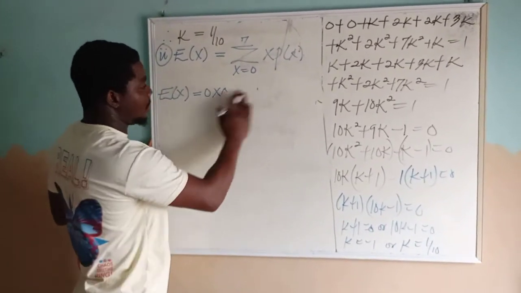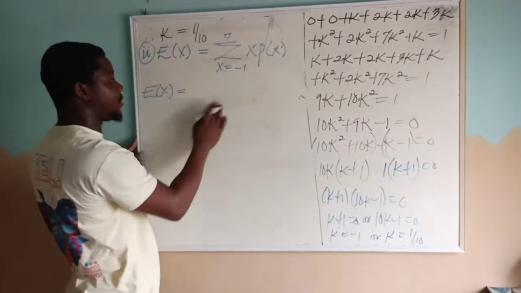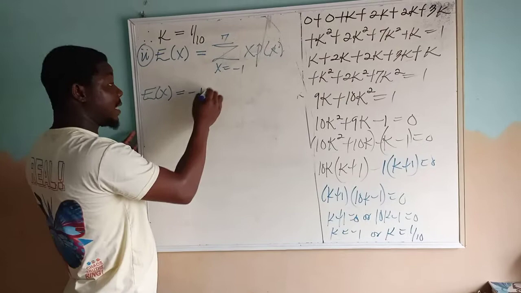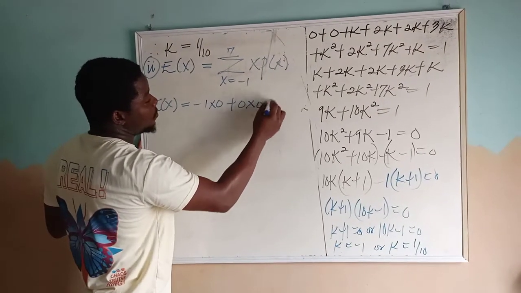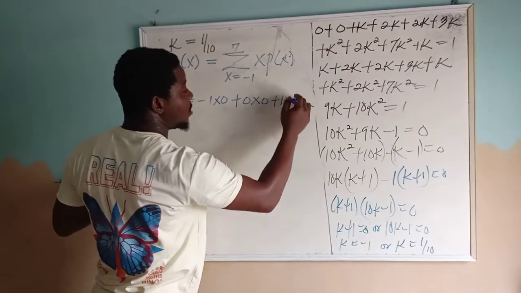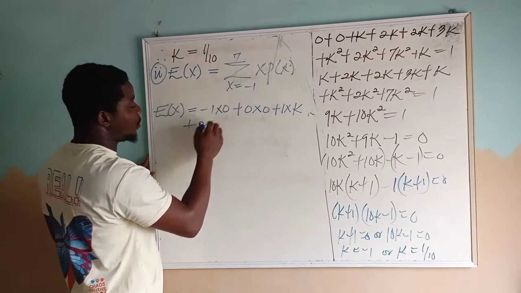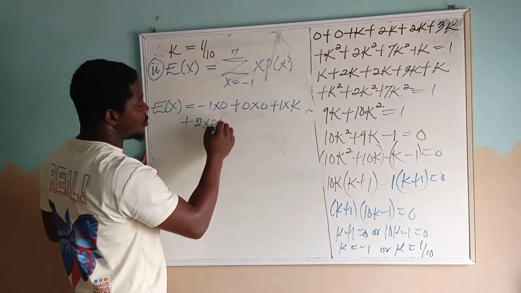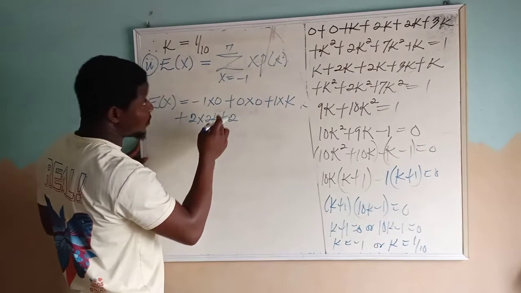Sorry, I think it ranges from negative 1 to 7, rather. So you have negative 1 times 0 plus 0 times 0 plus, after 0 you have 1 times the probability of that, which is k, and then plus 2 times the probability that corresponds, which is 2k,